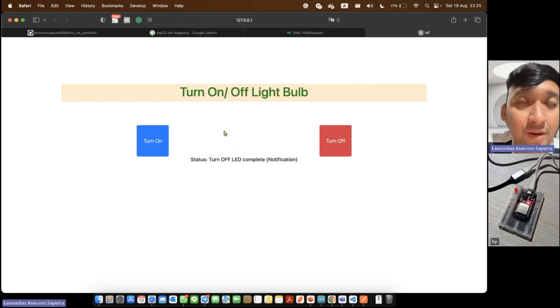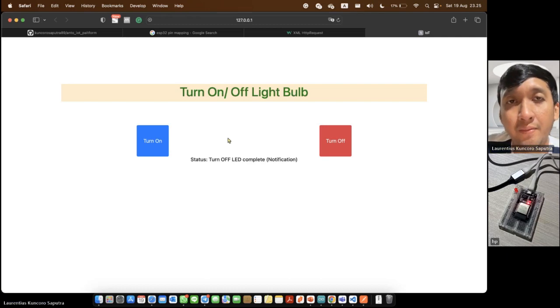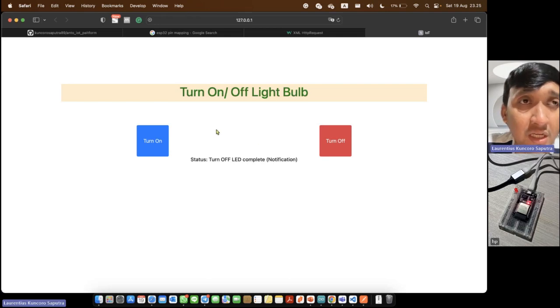We can access this web application anywhere because the hosting server is in a public area. So when we know the URL or the address, we can access the web.